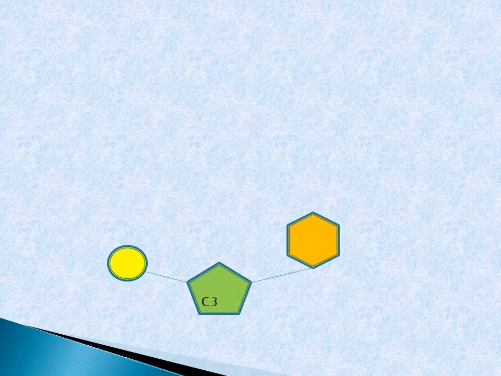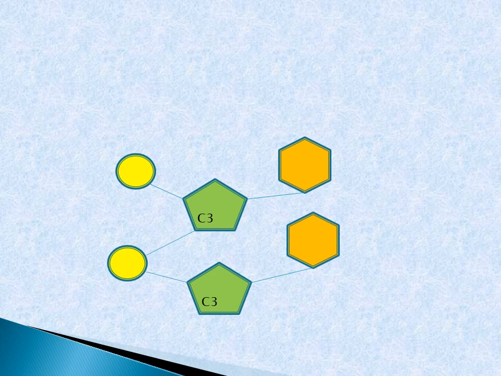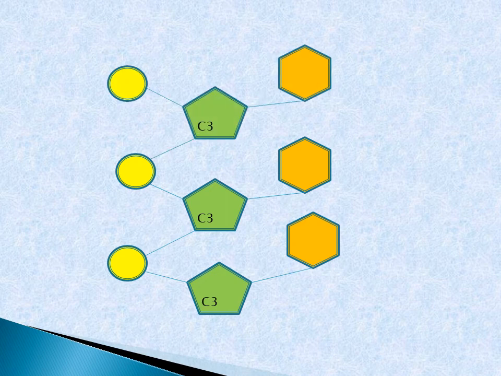Now let's study how nucleotides will combine with each other and form the nucleic acid. This is the structure of nucleotide. The phosphate group of first nucleotide forms a bond with C3 atom of sugar of second nucleotide, and this pattern repeats many times and it forms the nucleic acid. This is the sugar phosphate backbone and this is the structure of nucleic acid. In the next video we will discuss DNA and RNA.